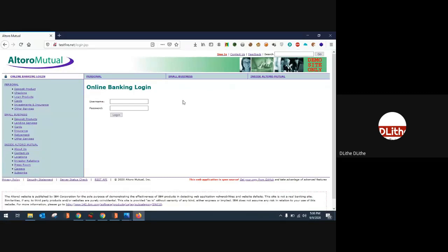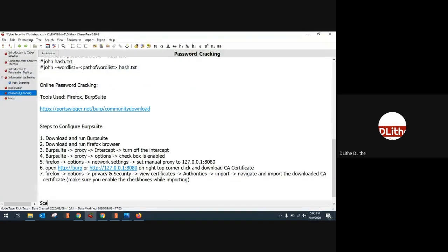Very simple. If you want to identify the login of a particular website, first make sure you intercept the traffic. After that, there are two scenarios that you can try to crack a password. First scenario: the username is known, the password is unknown.